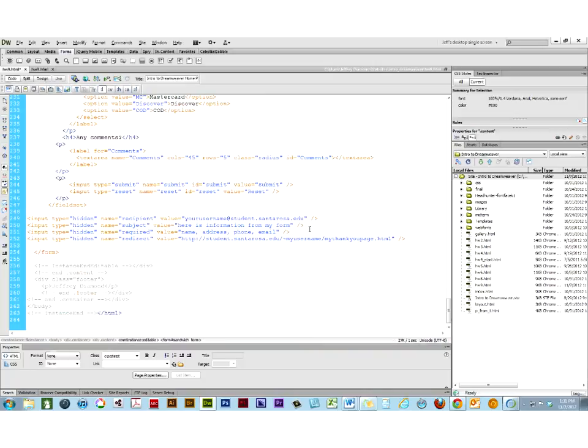If I go into code view, let me go over these values. The first one is what happens when somebody clicks the submit button. Yes, reset is the same as clear. What happens in Dreamweaver with this code is that when somebody clicks on the submit button, it processes the form, sends it to the Perl script, and that Perl script generates an email and sends that form information to you